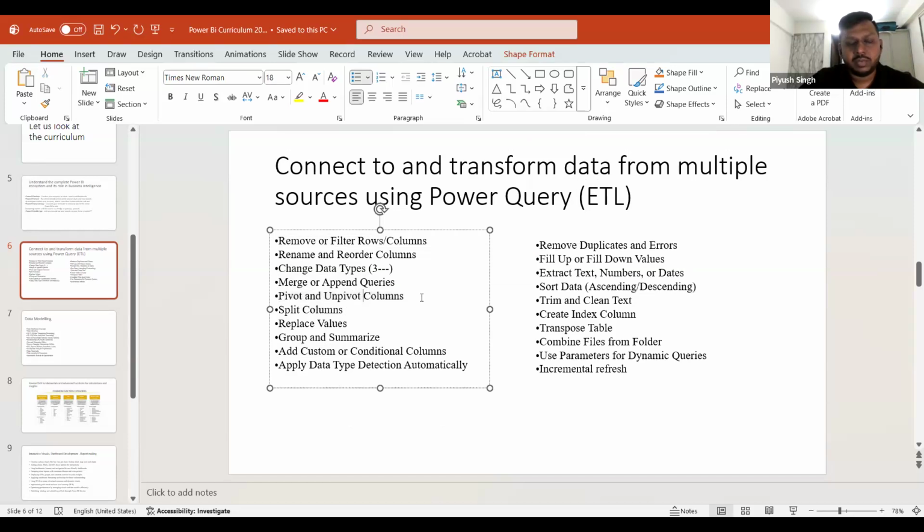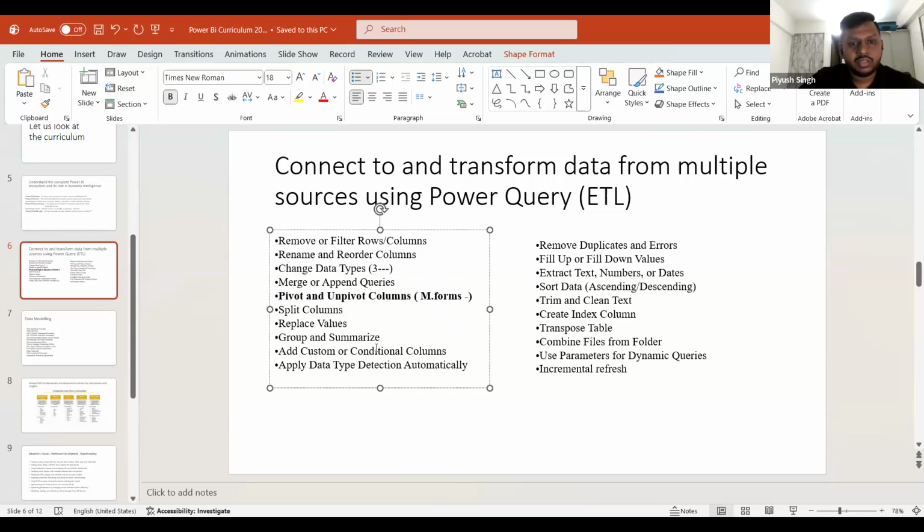I have a very special project with respect to pivot and unpivot, how we can use the forms data. Once I'll be teaching you, I'll teach you how to use the data received using forms, to convert it into meaningful insights, and for that you need to know pivot and unpivot, right? So this is the biggest use case of pivot and unpivot, Microsoft Forms.